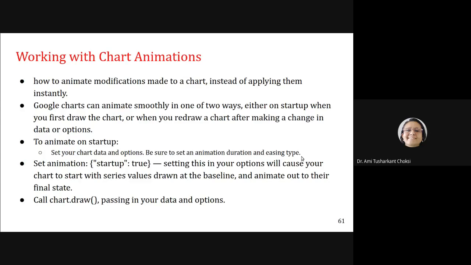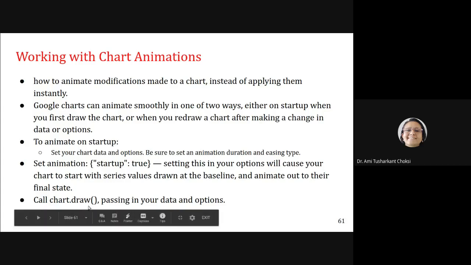That's what we need to specify for chart animations. One is animation duration, second is easing type, and the third one is animation startup true. And we need to call chart.draw by passing whatever data and options are there.